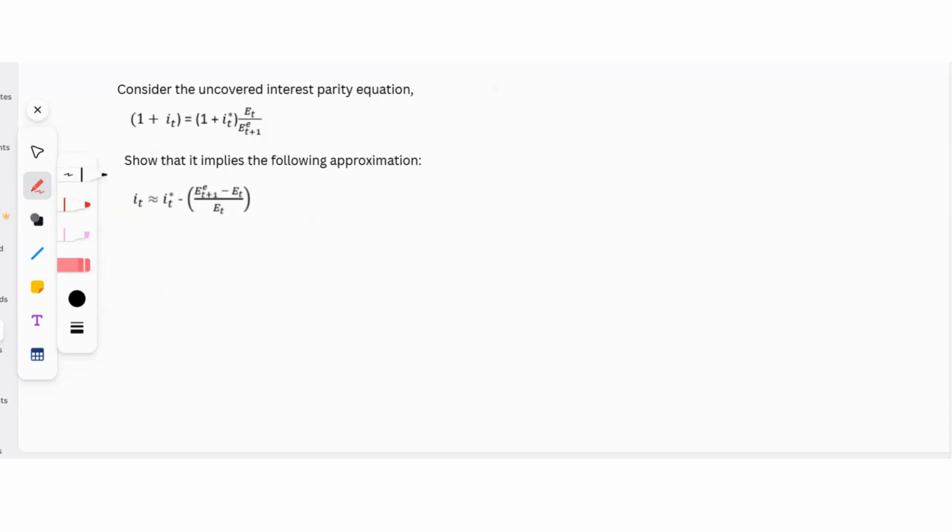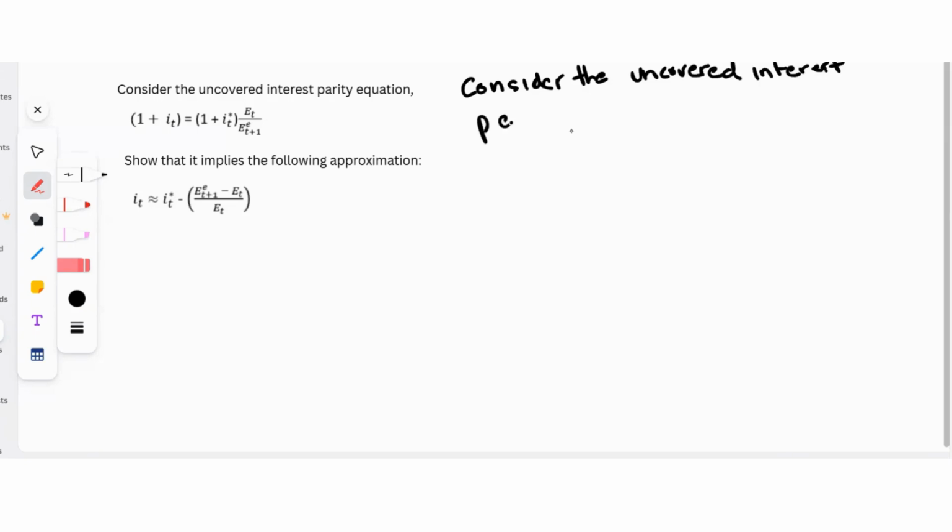Consider the uncovered interest parity equation in exact form. So consider the uncovered interest parity equation, which in exact form is given to us as 1 plus i_t is equal to (1 plus i*_t)